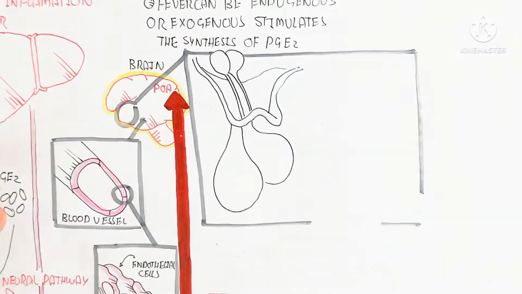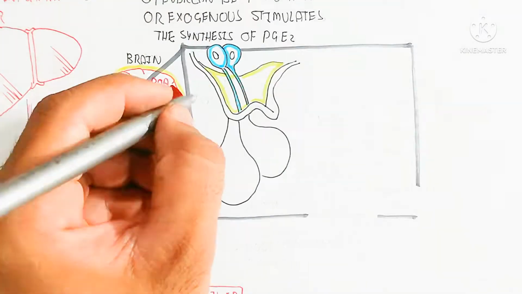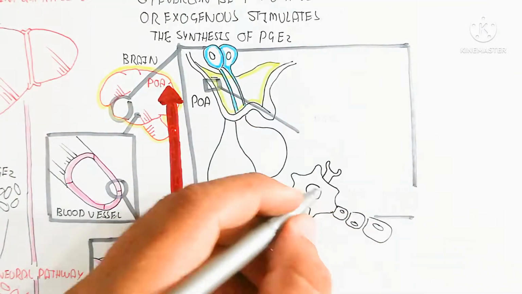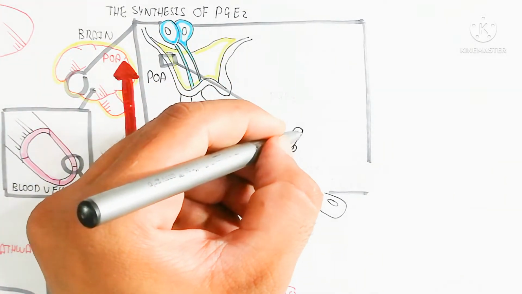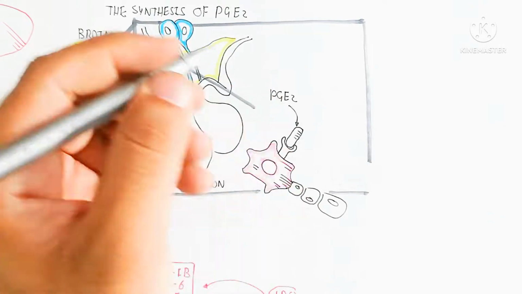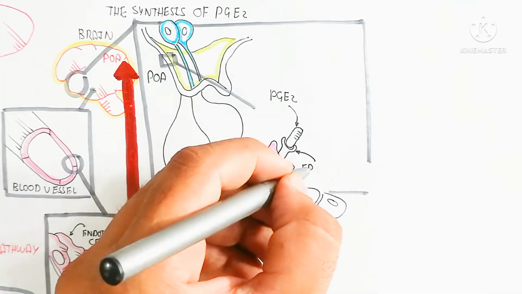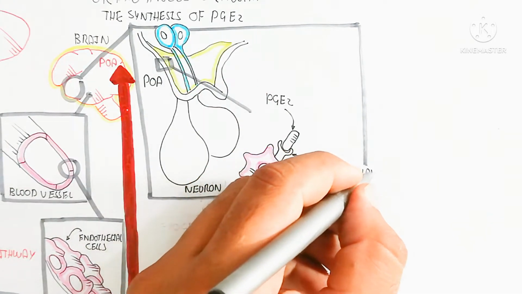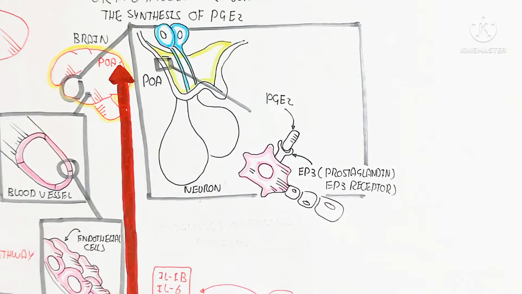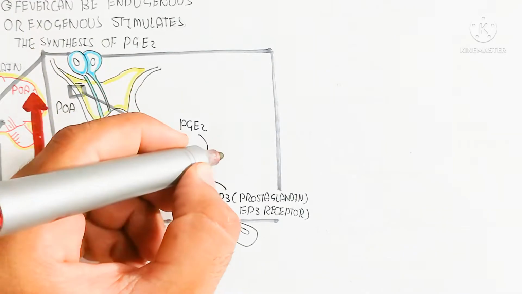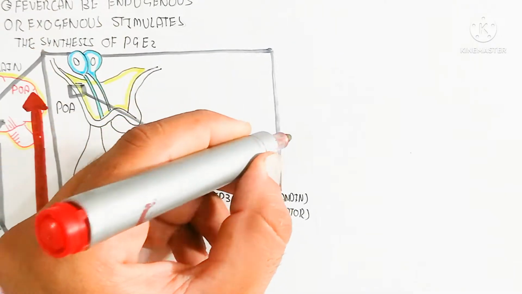After this stimulation, let's understand the pre-optic area of the brain. The pre-optic area contains nerves, the neurons, and this neuron will target the receptor EP3. The prostaglandin EP3 receptor will bind with prostaglandin E2, which is the pyrogen. And when it binds, it basically